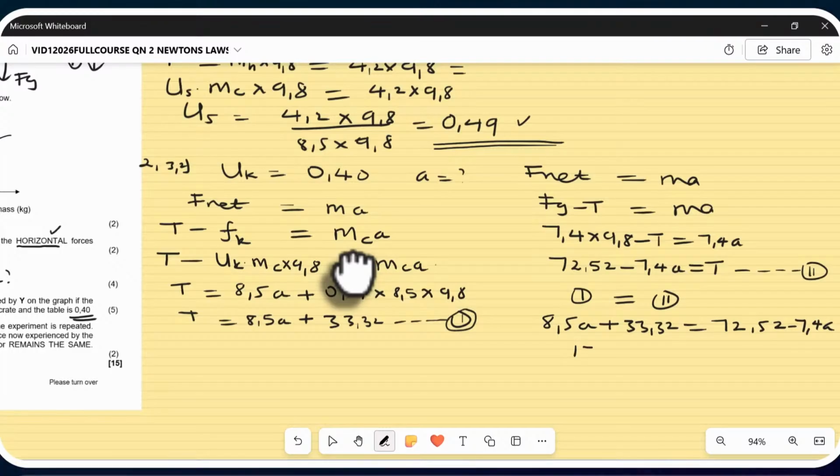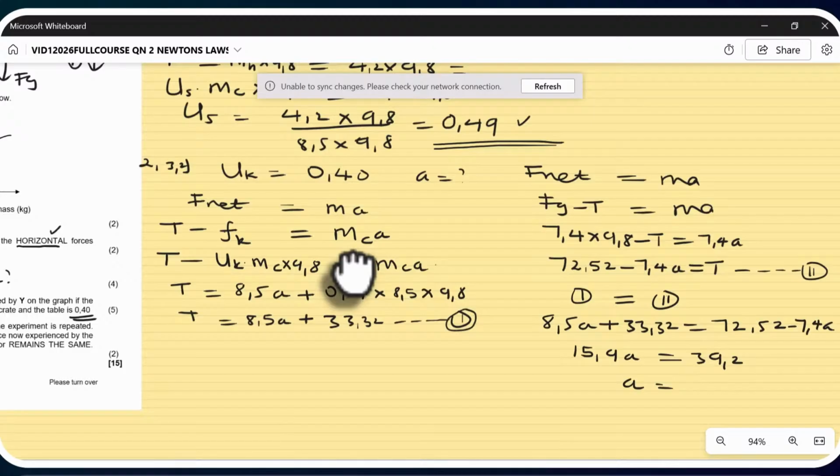So my acceleration, when I divide 39,2 by 15,9, gives me 2,47 meters per second squared. That's how it is here. Hope guys we are together. That was question